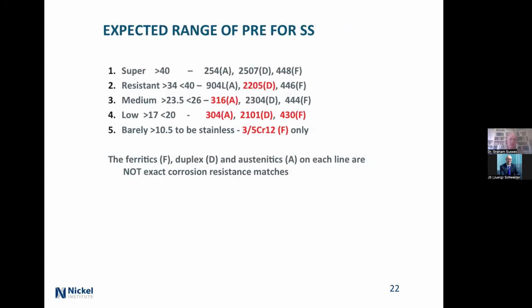So what sort of range will you get? Well, the superalloys, you've got this is austenitic, duplex, and ferritic, and these are just some examples pulled out of the air. The red ones are the ones that are used commonly. And note that if you're talking about the 12 chrome ones, they don't have any nickel in them. And that's just a structural thing, but they're not very formable. You can bend them, you can weld them easily. And I'm not saying that each of those is the equivalent across there.